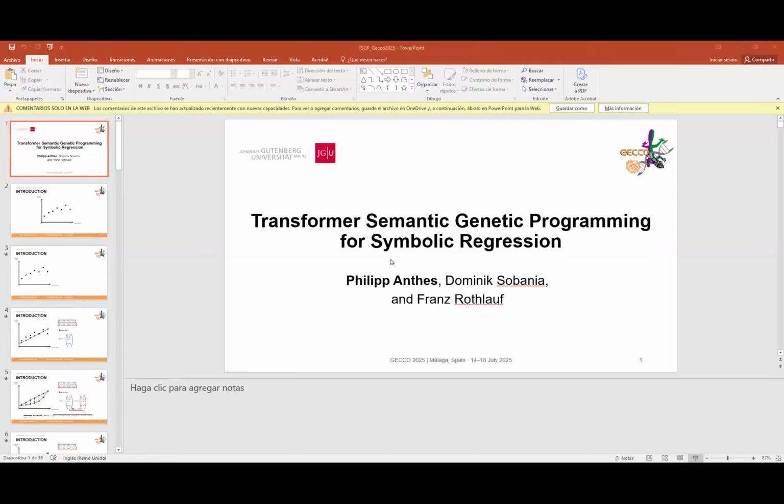Regarding the first question, we chose the baselines because we wanted to have a baseline that is also semantically aware, like SlimGP. And those other 2 baselines are actually also model-based variation operators. So that's why we chose them, for example DSR or DAE. Regarding the data sets,